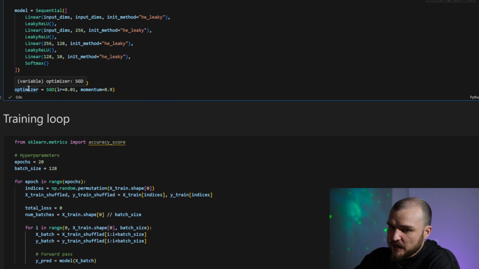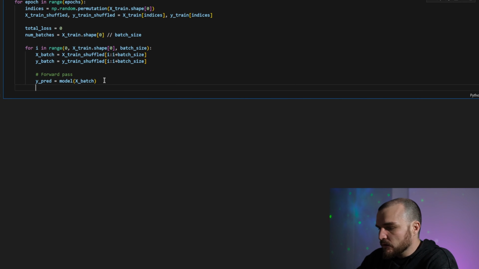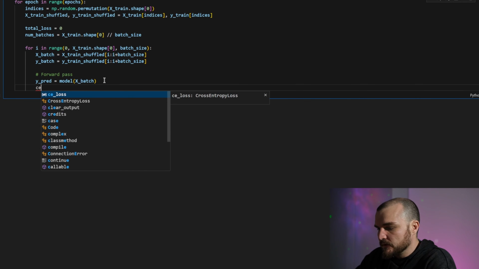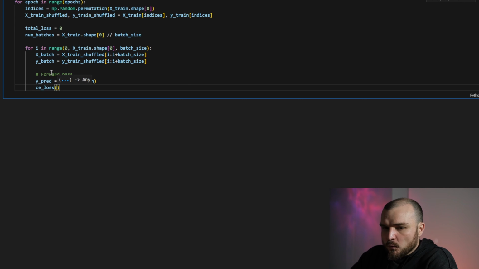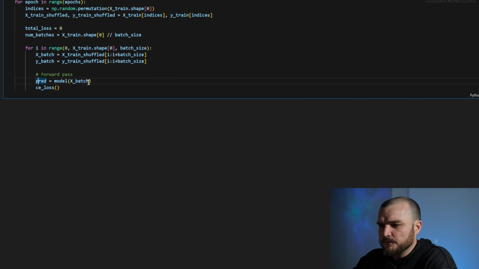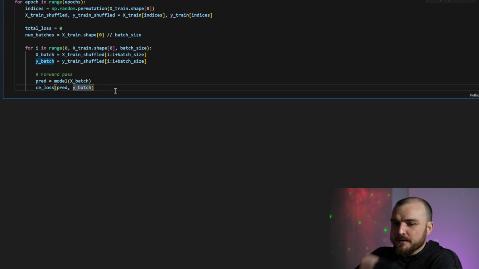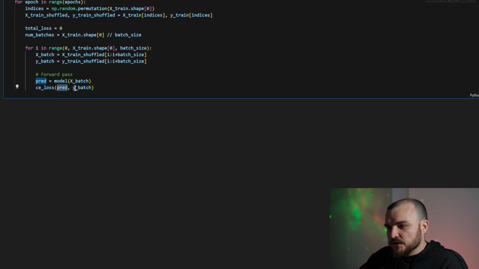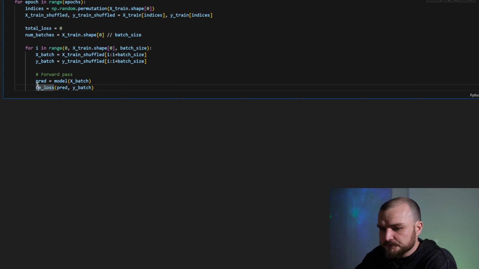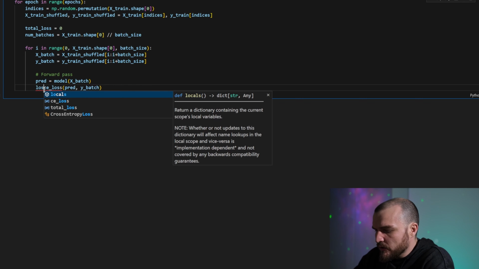Then we have cross-entropy loss, and we need to call our cross-entropy loss with the predicted values and Y labels from the batch, which are the real labels. We need to compare between our predictions and our real labels. We need to compute the loss between these two vectors. So when we have the loss,